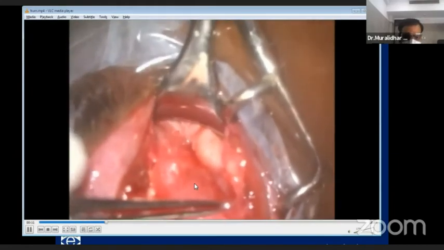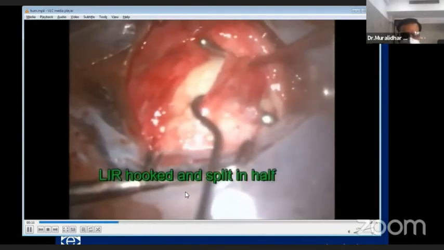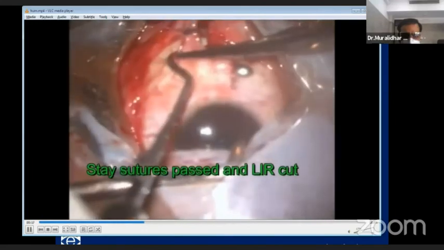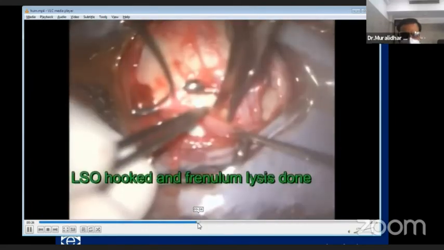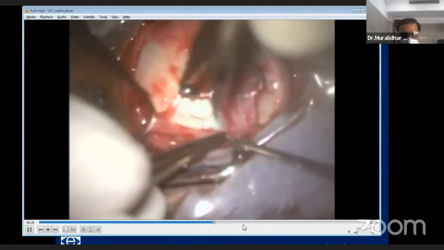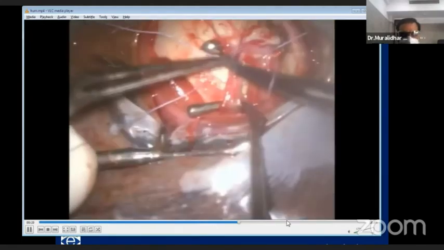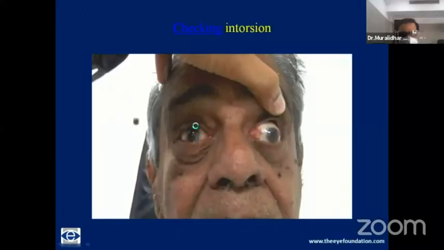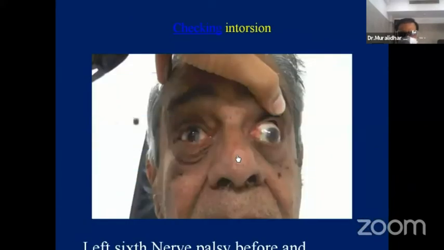This was the patient that I had presented. The LR was not found, and LIR was spoke. This is the Hammershaimb procedure. Likewise, the superior rectus, after freeing the superior oblique, is hooked. Once that has been done, they are both transposed to the side of the lateral rectus. This is before and after, and this is the third nerve palsy.